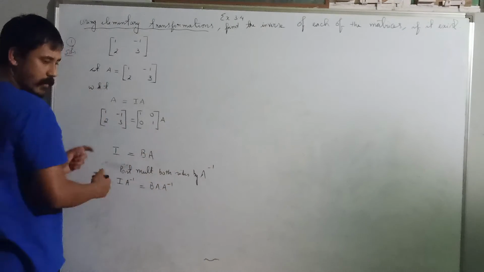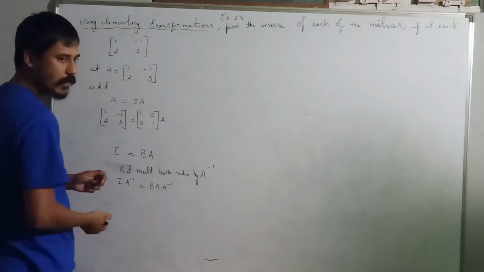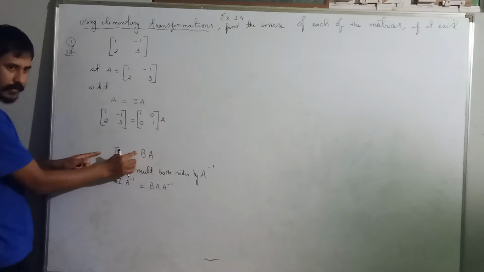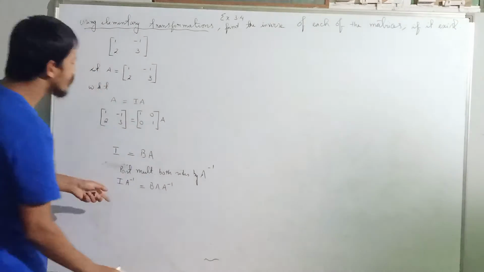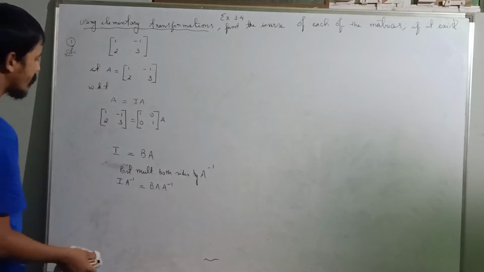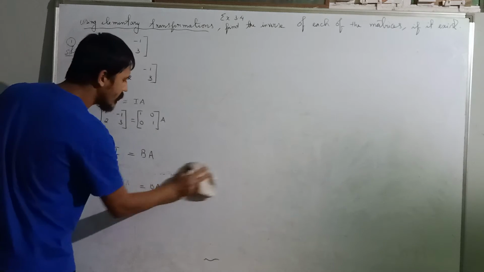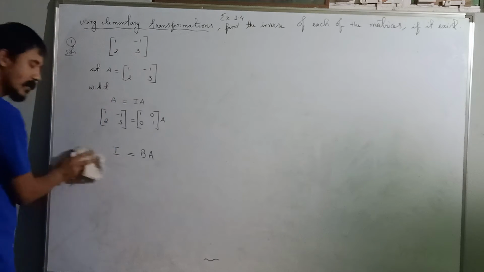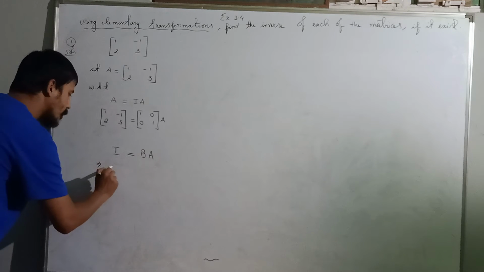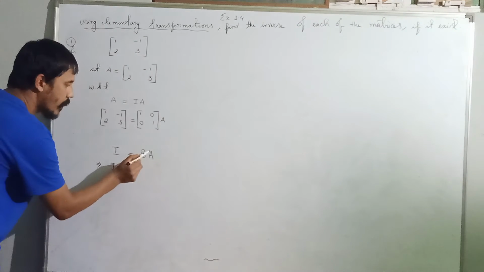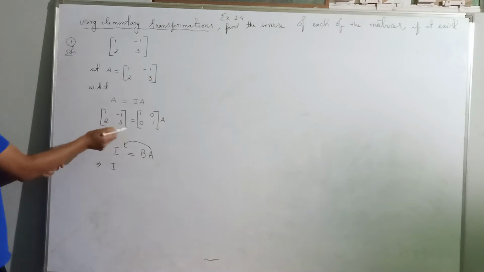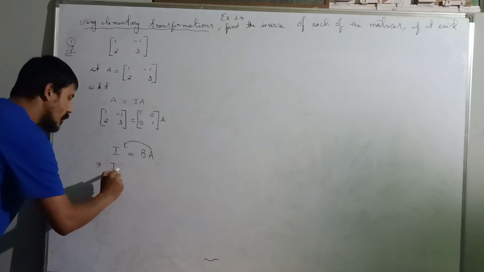Post-multiply. Or you can just not mention post-multiply, pre-multiply, if this is the first time and you are confused. In that case, what you can do is, this is I, right? I can bring this A to the left side. Then it becomes,